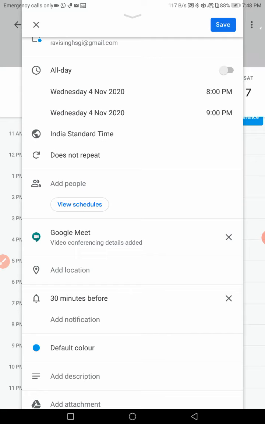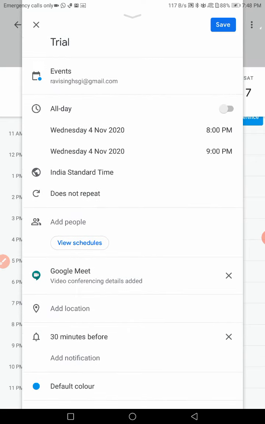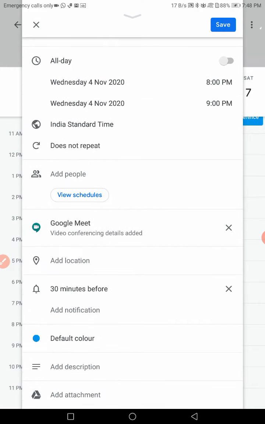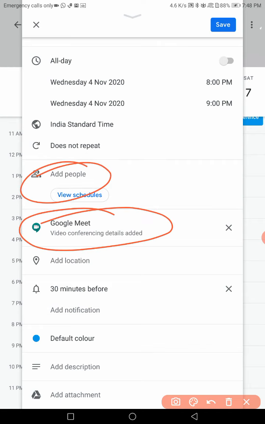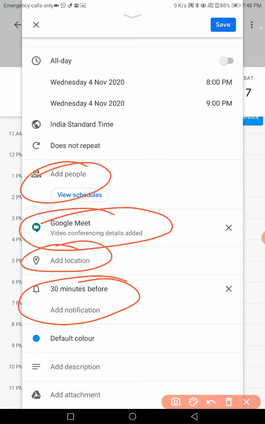After editing the title, you have to set the timing as per your timetable, and you can add the people here, and this will automatically run on the Google Meet app. You can add a notification as per your convenience. You can add the location, the description, and the attachments. These all things I shared in the previous videos.